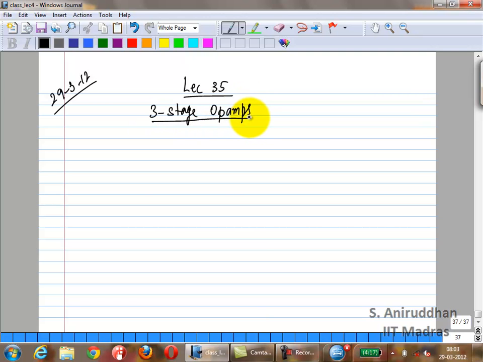We started looking at 3-stage op-amps yesterday. So we actually did very little, right? We just replaced the second ideal op-amp with a 2-stage op-amp. But let's start first looking before we go there. We're going to go back there. Before we do that,